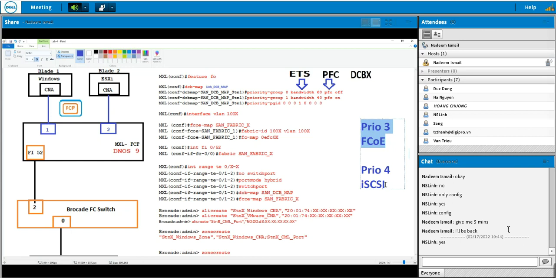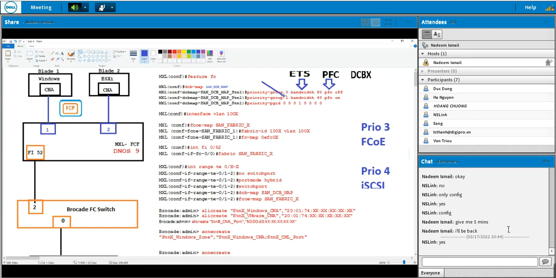Priority number 3 is used for FCOE. Priority number 4 is used for iSCSI. Suppose, apart from your normal Ethernet traffic and FCOE traffic, imagine we had iSCSI traffic as well. What would the story be? Well, the story would be something like this,